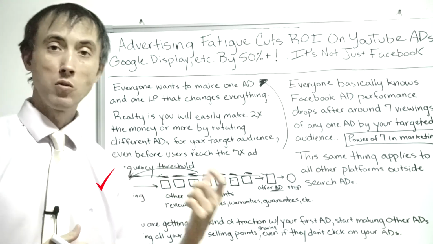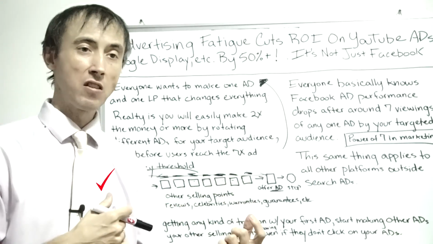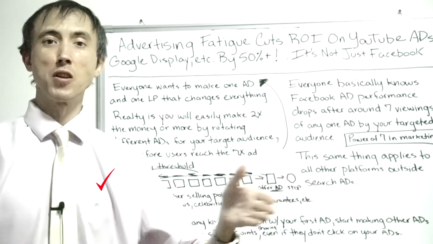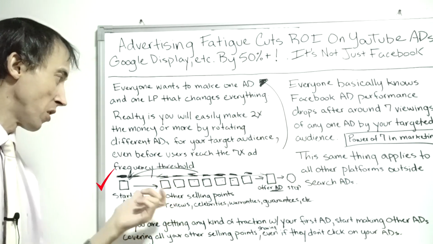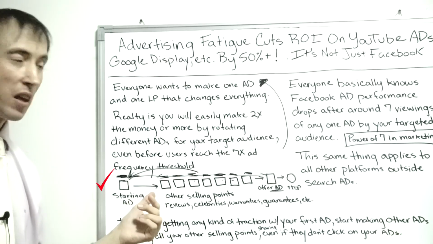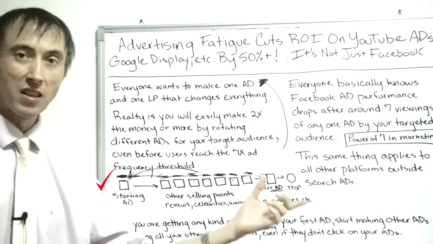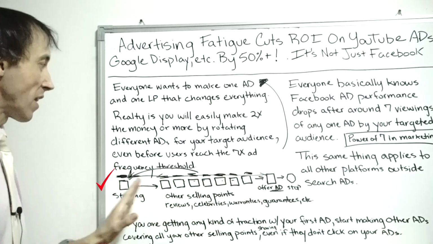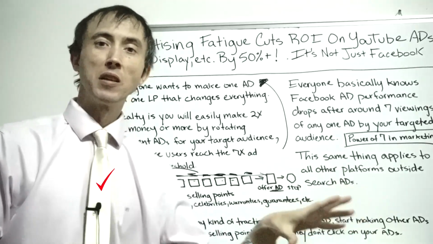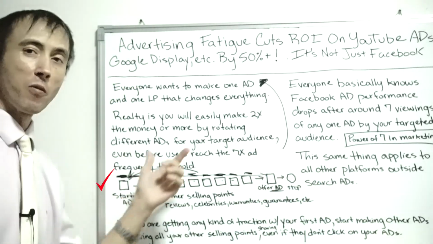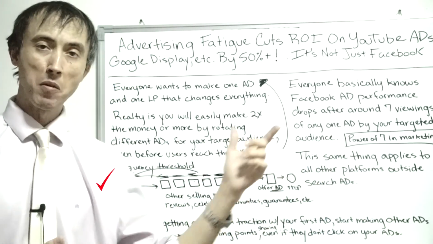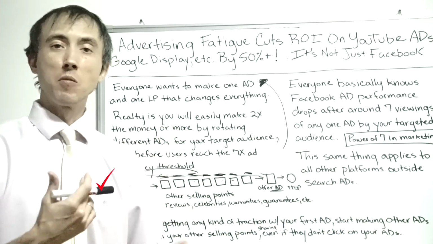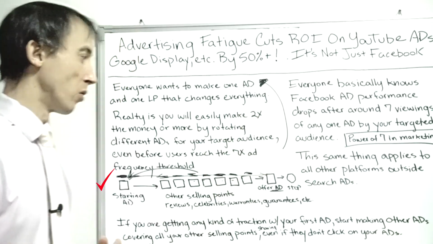So you do testing to find an audience, and when you find an audience, you do this because you're going to make 3 times as much money from that audience than you would trying to have one ad sell to them. And unless they click on your first ad, they don't see any other ads. So even if they don't click on your ad, they see other ads that then ultimately get them to click on at least something. And then, of course, they're going to keep seeing all your other ads for a minimum time period while they're thinking about it, to get them to finish buying, so to say.